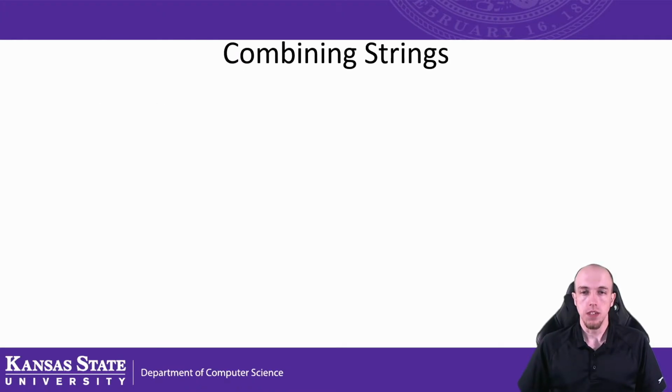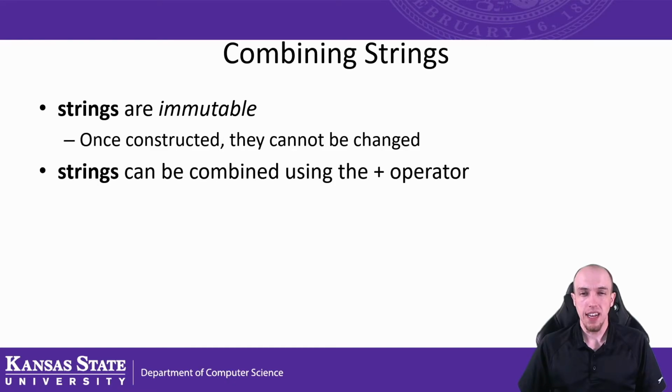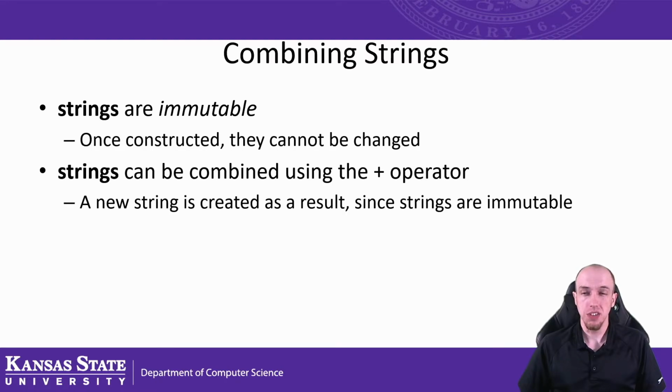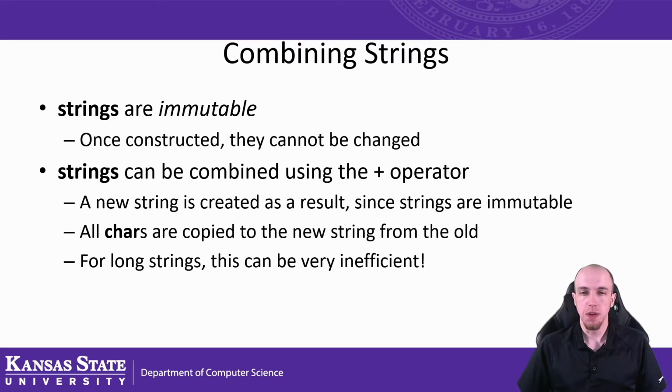But let's take a closer look into strings as a data structure. Strings are what we refer to as an immutable object. Immutable objects or data are unable to be modified once they've been made. Now, you've all probably concatenated or added strings together before. While it appears that you're changing the original, you're actually creating an entirely new string object as a result. In this process, all characters are copied from the old string and combined with the new string that you're trying to add. This forms an entirely new string object. For most cases, this works just fine, but for a large number of characters, this is extremely inefficient.